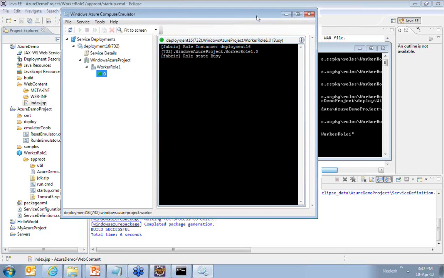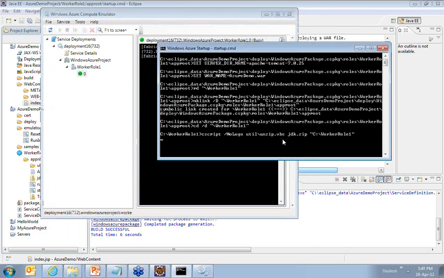Once the JDK is done, the next step will be that, because the startup script is automatic, it is going to explore the tomcat zip folder, extract the data and start the Tomcat on the emulator. So this is going to take some time. In this period when the deployment happens on the local machine, I don't want to just keep waiting for this to happen. This is going to take around 3 to 4 minutes to get unzipped. In the meanwhile, I'm going to go to